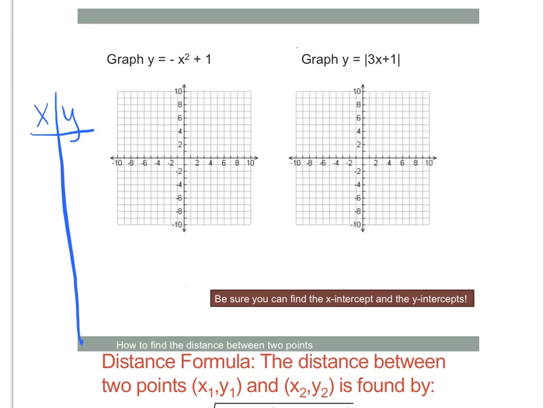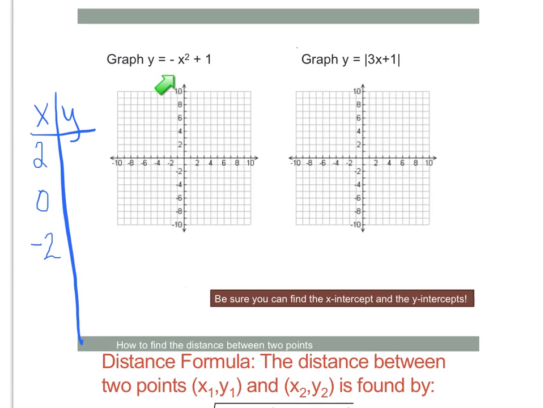Now these don't graph to be straight lines, it turns out. So to make a t-chart, I'm going to pick my favorite values of x, and I'm going to pick, let's say, 2. I'm going to pick 0, and I'm going to pick -2. Maybe that will be enough points, and maybe it won't. Maybe I'll have to come back and plot a few more points, but I'm going to start with those 2, or 3.